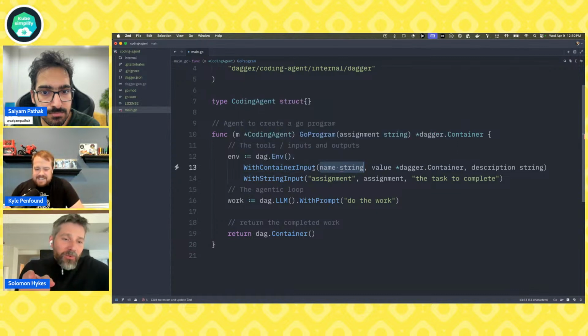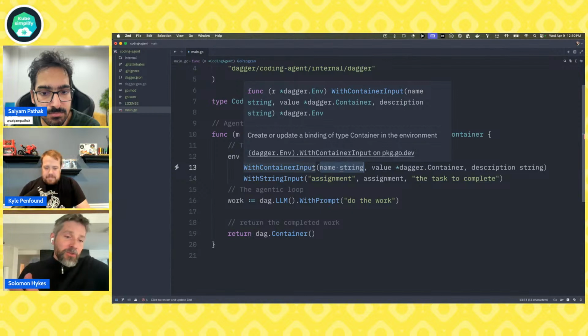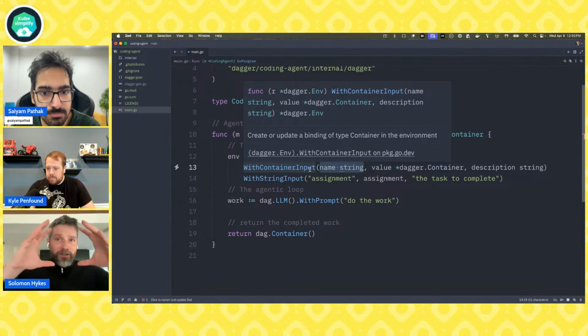Yeah, what Kyle just said is a super important part of developing agents, and it doesn't matter if you do it with Dagger or some other tool out there. Every engineer who builds agents, small or large, has this problem of deciding what the constraints are and finding just the right balance between too constrained, not enough freedom for the agent, and not constrained enough, where there's too much freedom and the agent gets lost or confused.